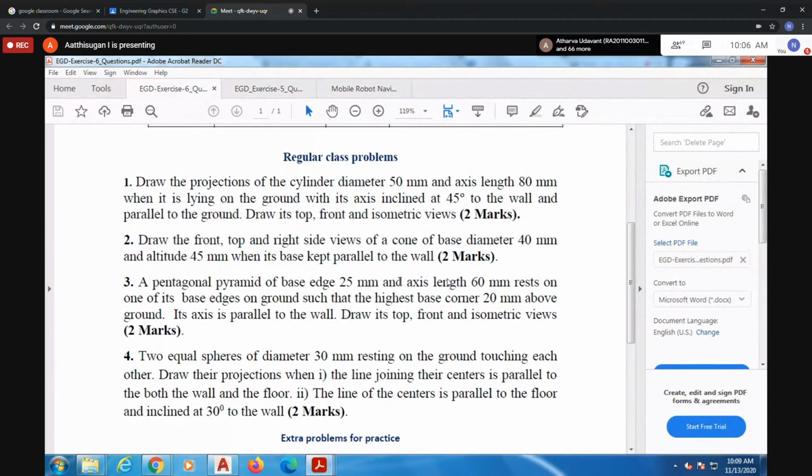So here, first question, which question do you want? Okay, read it. The first question deals with cylinders. Second question is cone, conical shape. Third question is pentagonal pyramid, sphere. So I'll discuss how to draw that cylinder, then a pyramid, all in AutoCAD. Then I'll go to the questions.